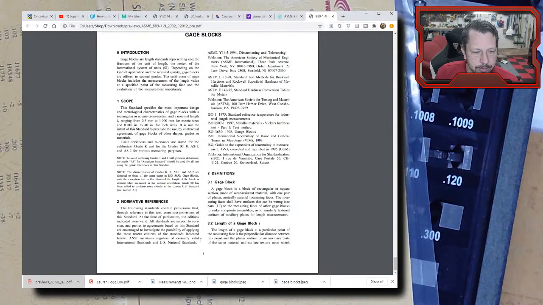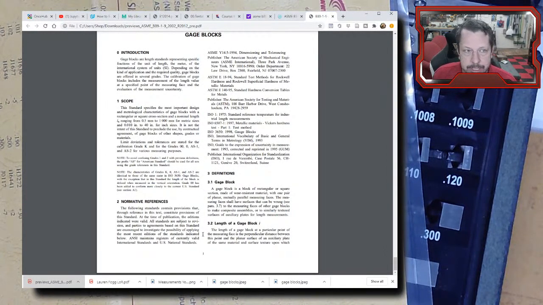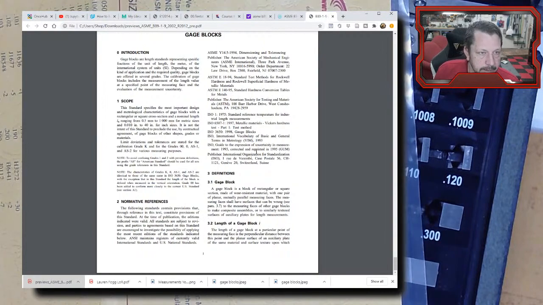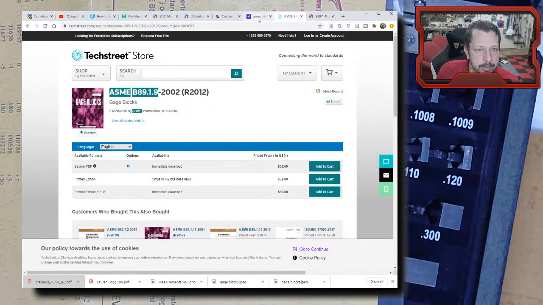And that's all we get. We get those 15 or so pages. Most of them are just intro material. All right, so the standard, let's see,